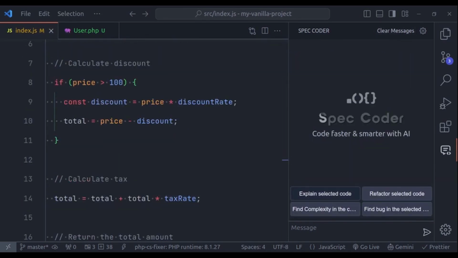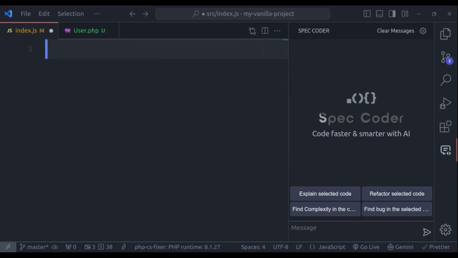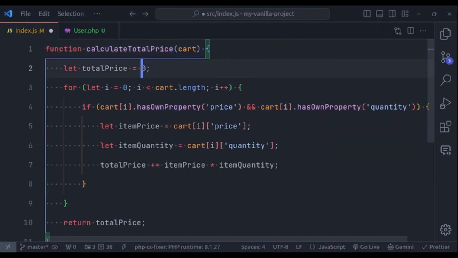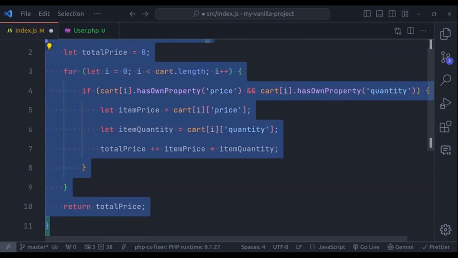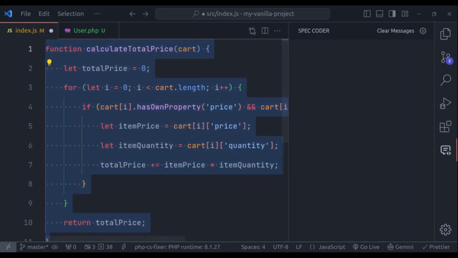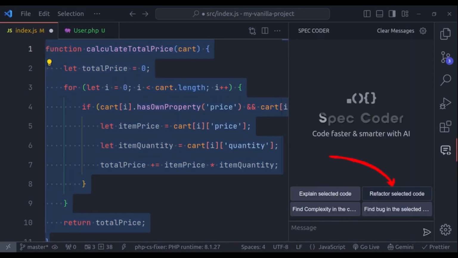Let's clear this message. And instead of the command palette, you can also refactor code using this button, Refactor selected code. Let's see an example. So let's remove this, and let's say here we have this example code which is going to calculate total price, but it is not looking very clean. So let's select this whole function, and in the AI chat click this Refactor selected code,